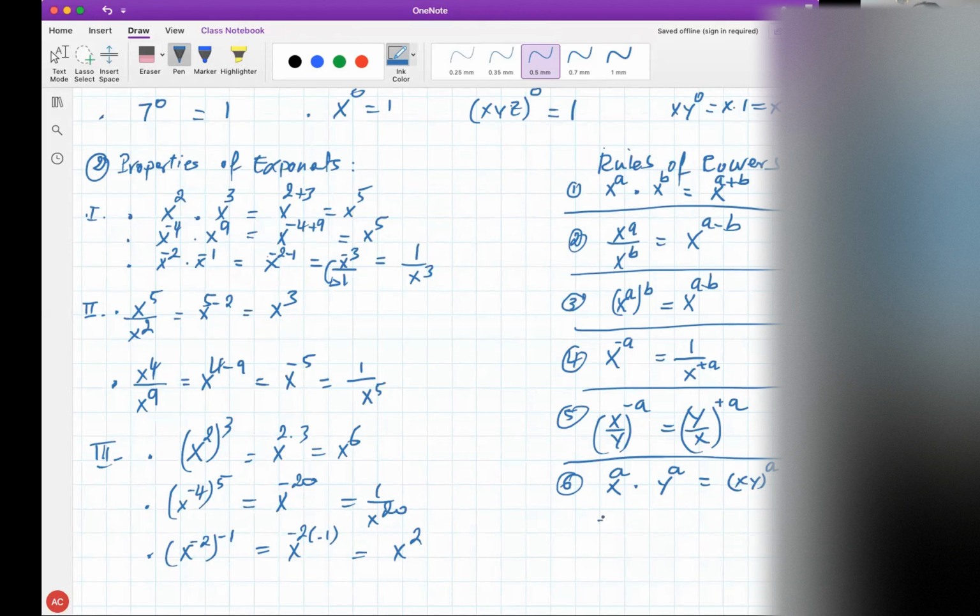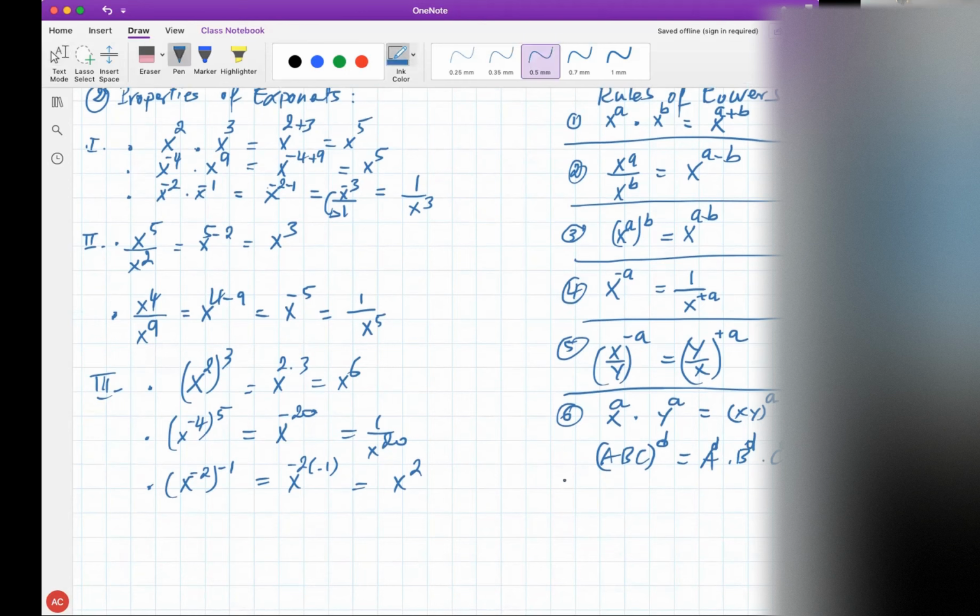For example, if you have, let's say, another example, A, B, and C, and let's say all these 3 bases happen to have the same power D. So D belongs to all of them because of the parentheses. So we can split them if we need to. As we're going to see in the future, sometimes we need to break powers down or put them together. So this we can write as A to the power D by itself, then B to the power D, C to the power D. So that's another rule of exponents,